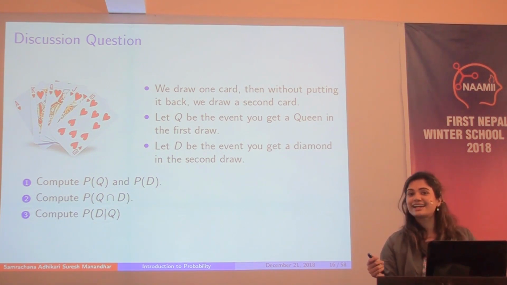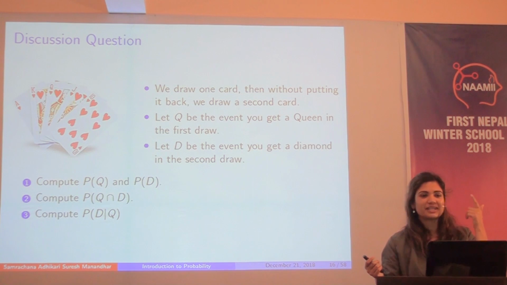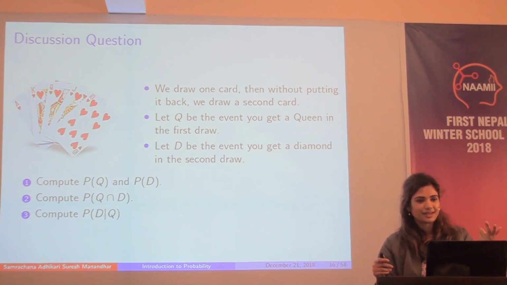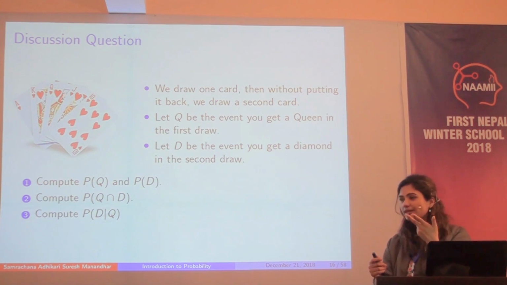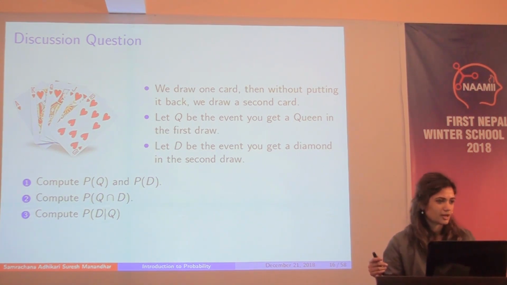Okay, so the words I heard here are number of diamonds, remaining number of cards. Do we need to know what happened in the first draw? Yes. Because if we got the queen of diamonds in the first draw, then we're not getting a diamond in the second draw. So that will affect. If we did not get a diamond in the first draw, then the number of diamonds in the second draw is different.